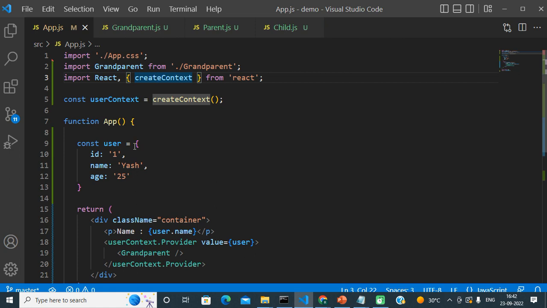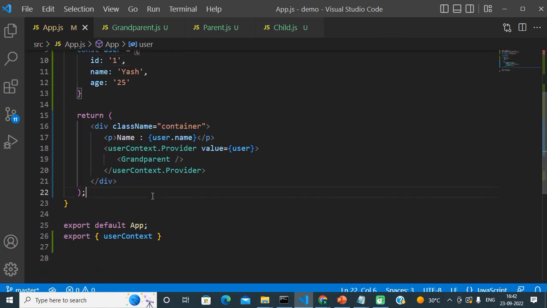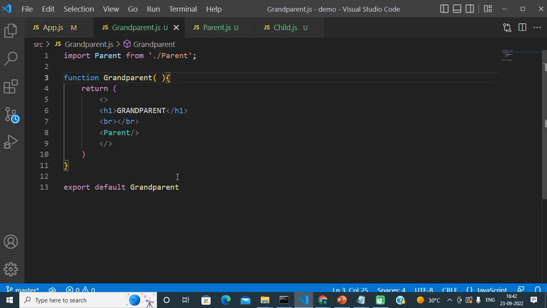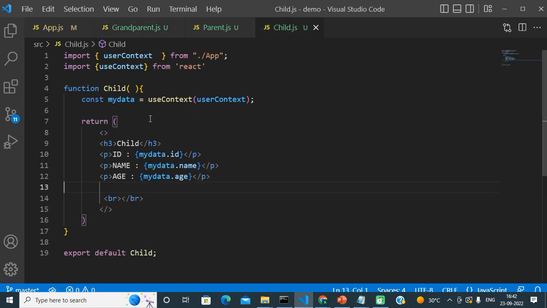We are just configuring our data, our context, in this top component. We are not dealing with these two components. You can see we are not using these two components directly, we are accessing our data in the child component.